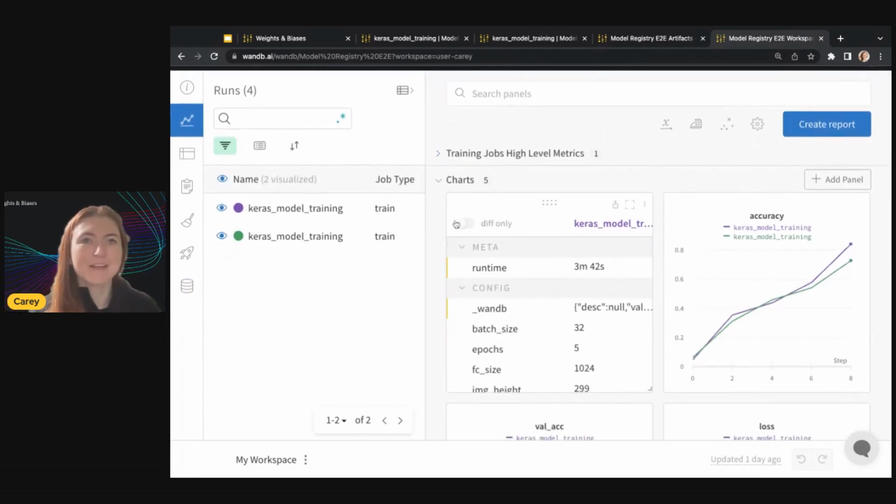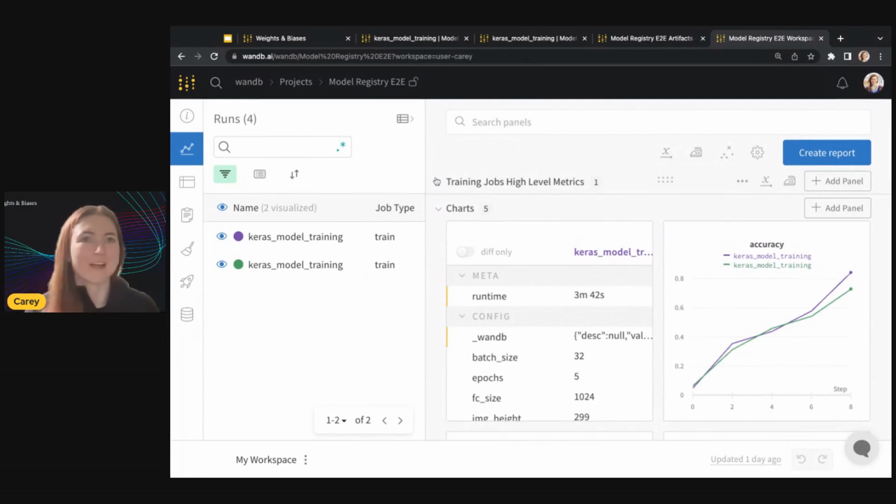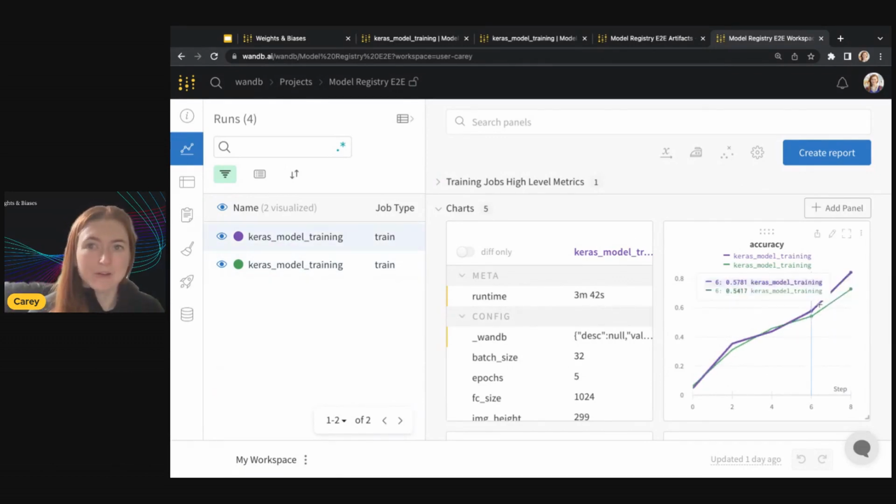And here you'll recognize this project page if you're tracking experiments with W&B. So here on the left side, we've got runs that are tracking different training jobs, different instances of training a model. And we've got two different runs, green and purple. And it looks like over here on the accuracy chart, green at the end of training is performing just slightly more poorly than purple. So I'm going to click into this run here